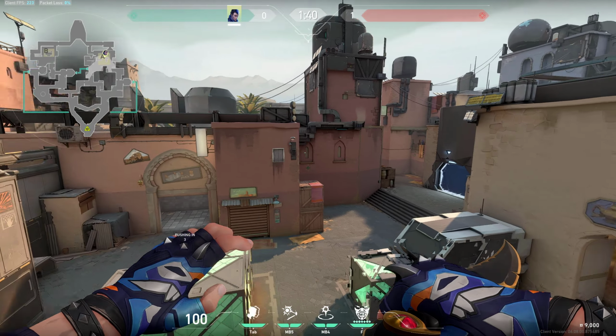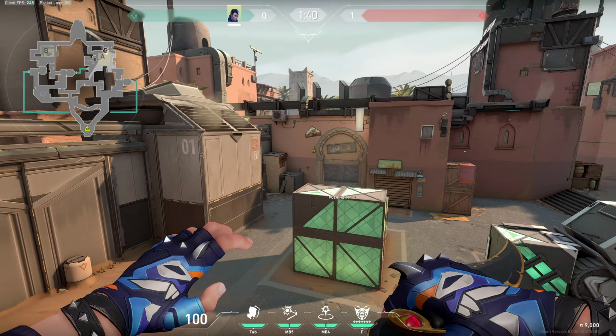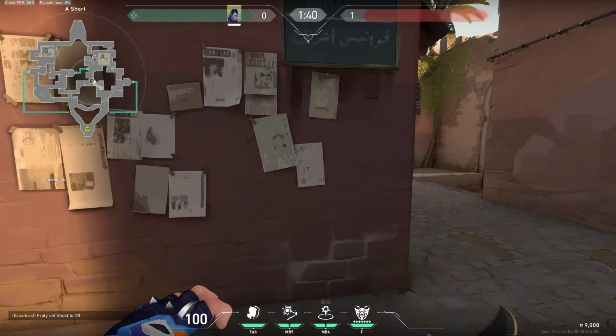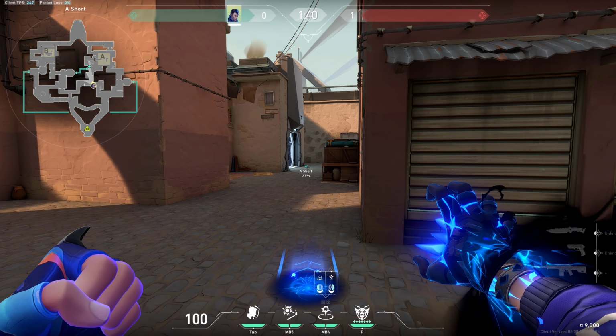Hey guys, in this video I will show you some simple tips and tricks with Yoru when you wanna play him on Bind, and we'll start when you are attacking right here on A side. So first of all, when you are pushing, what I like to do, I simply send down my TP here,